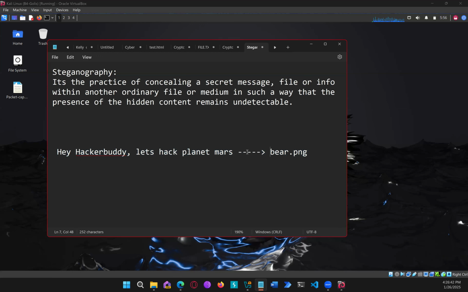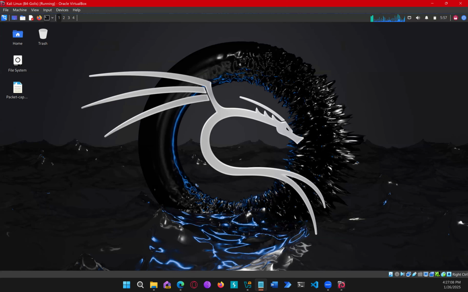In images, the hidden data is hidden in the pixel values of the image. In audio, it's encoded in the waveforms. In text, if I'm using another text file to hide this text as well, it will be concealed in the formatting. Now, let me just show you how it's done. That will give you a better understanding. So for steganography,